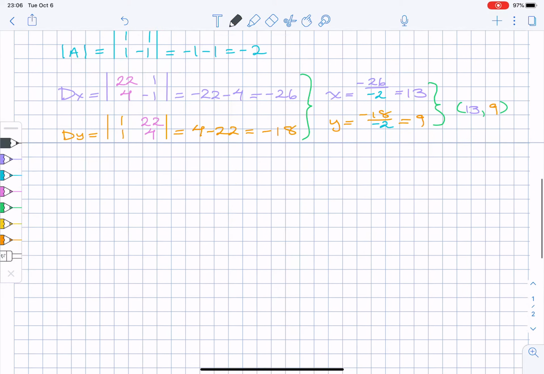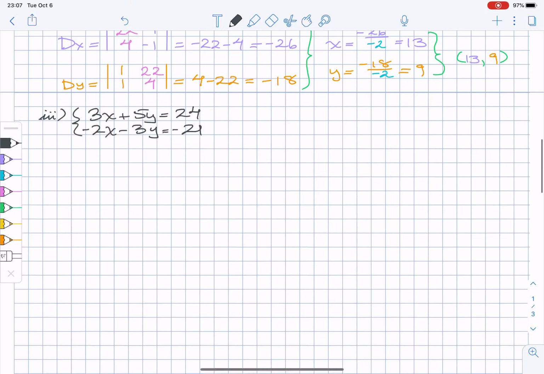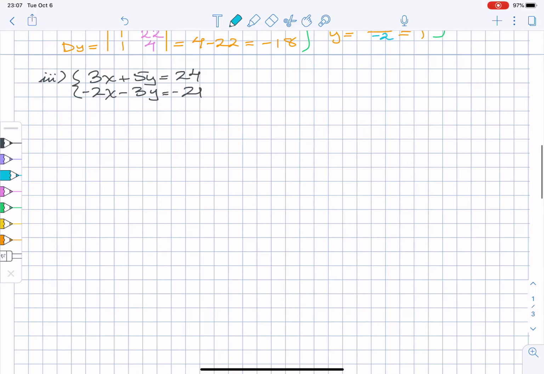Okay, so let's do one more, for third time's a charm. Let's do 3x plus 5y is equal to 24, and -2x minus 3y is equal to -21. Okay, so the determinant of the matrix of coefficients is going to be the determinant